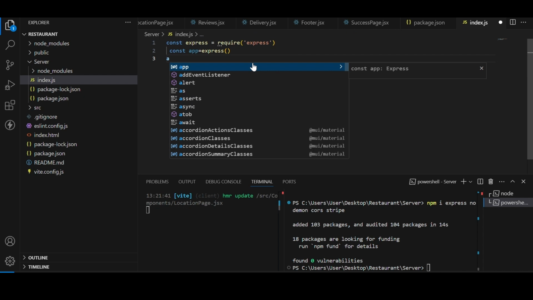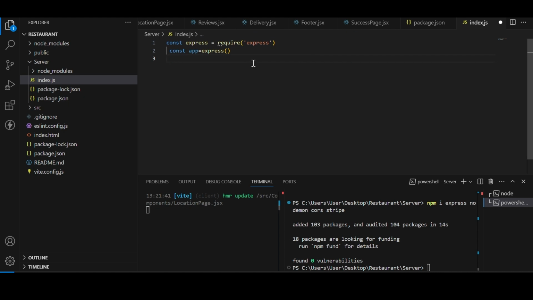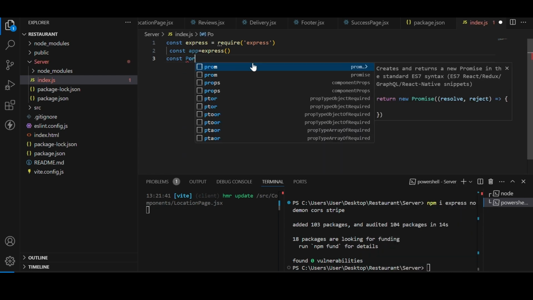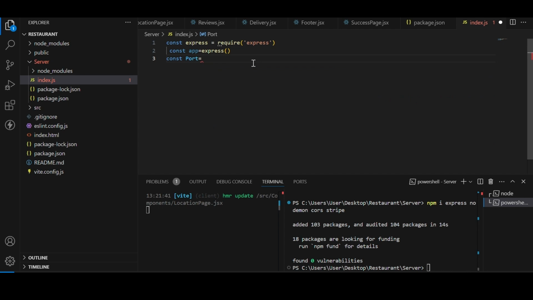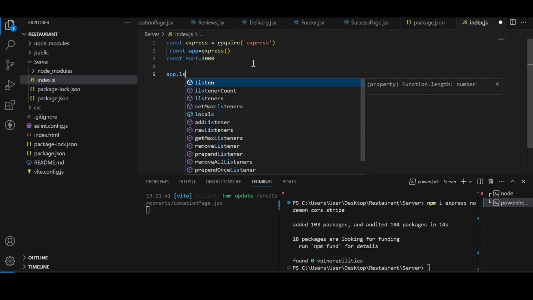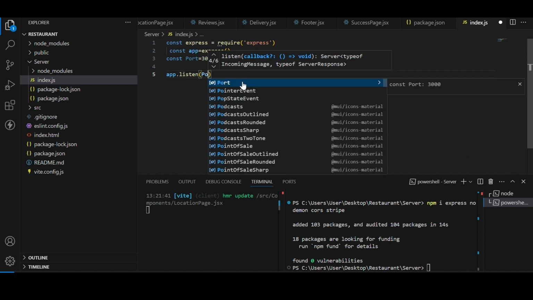So app, okay, it's working well. So it'll be const port equal to, let's say 3000, and app.listen, it's going to listen on the port,